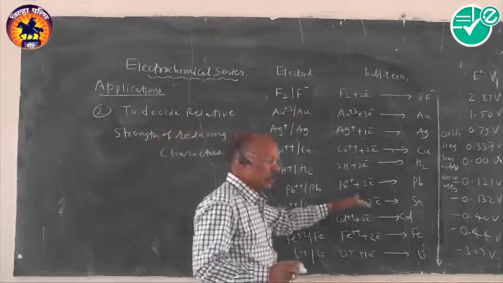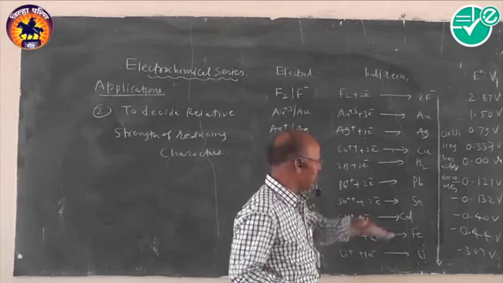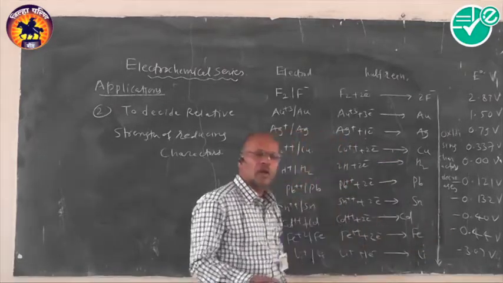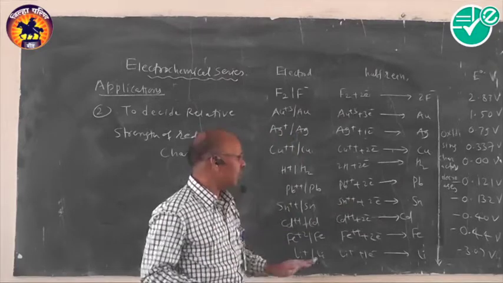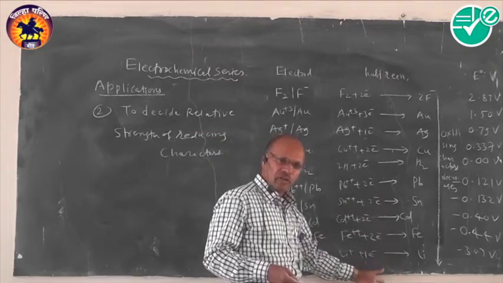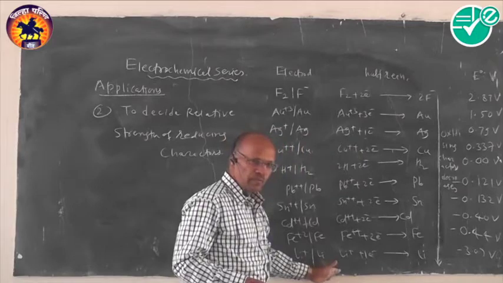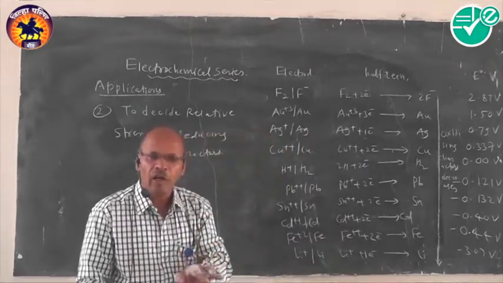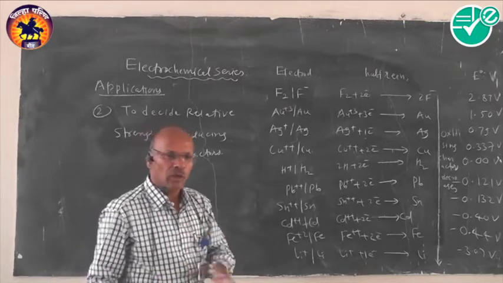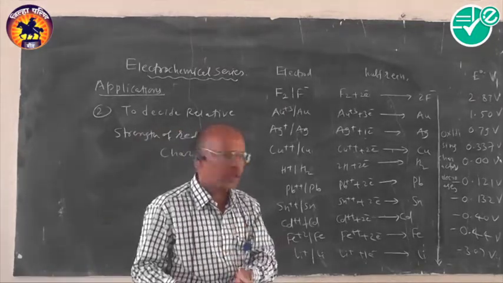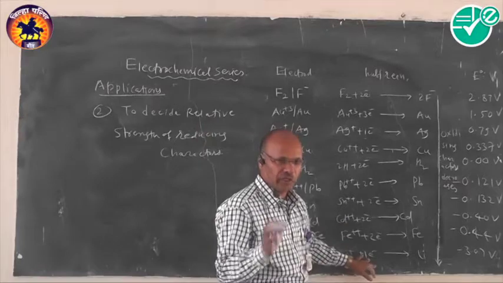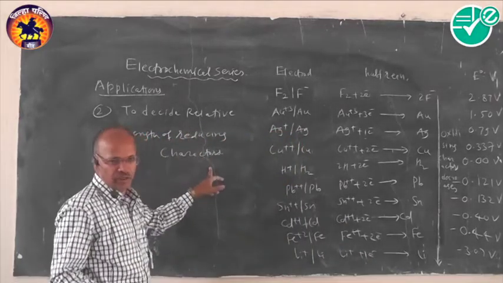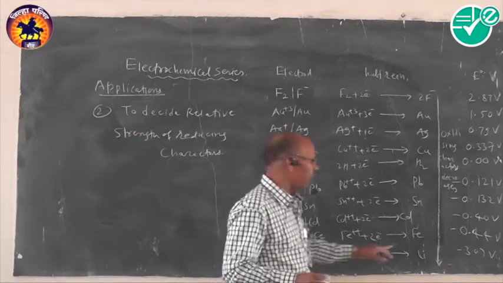Therefore, the elements arranged below hydrogen in the EMF series generally act as a better reducing agent. If you think about the reducing characters from top to the bottom, reducing characters in the EMF series always increase, and elements which have been placed at the bottom of the EMF series generally act as a better reducing agent. So you have to follow this point about the relative strength of the reducing characters. The same point I will repeat here once again.